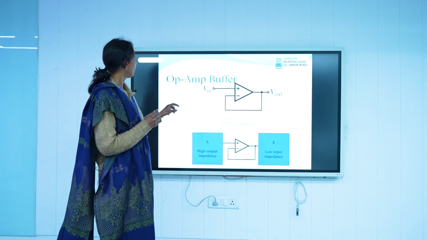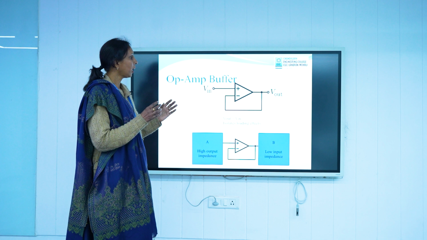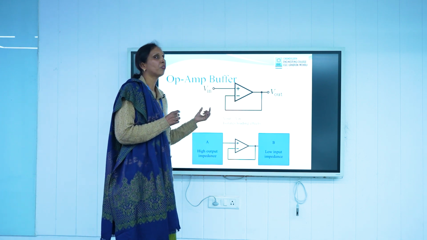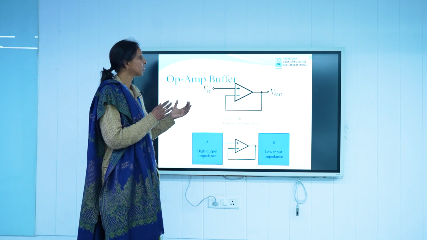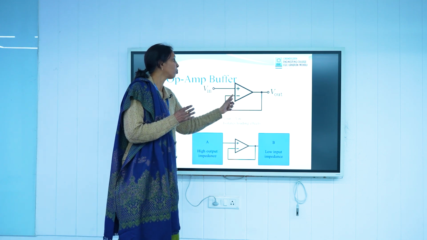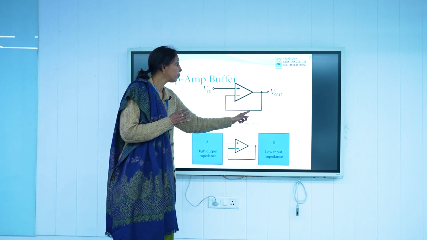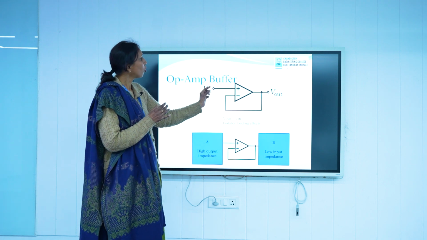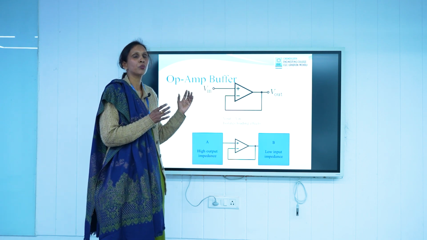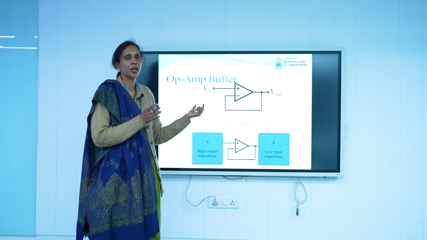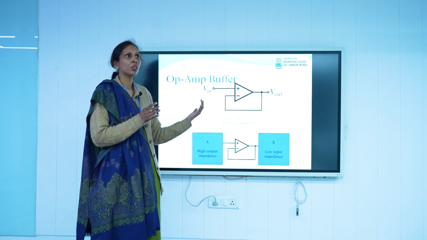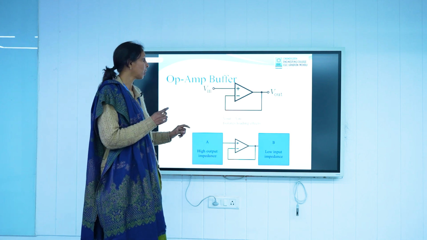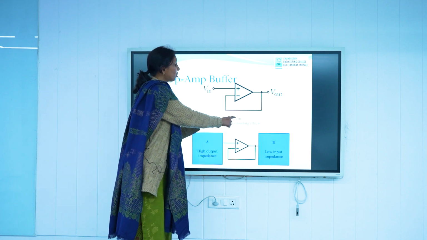The next application is op-amp as a buffer. When we use op-amp as a buffer, it means we are using it as a voltage follower. Voltage follower means we again provide feedback from output to input, but in that case the feedback resistance will be shorted and the input resistance will be open. So the output always follows the input. This is one application of the voltage series feedback amplifier, because in feedback configuration there are four types. Accordingly, Vout is equal to Vin.